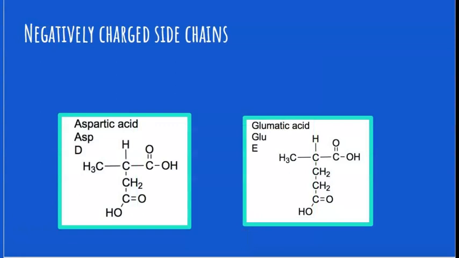The next group are the negatively charged side chains. These are obviously acidic, meaning they can lose a hydrogen atom and take on a negative charge at physiological pH,